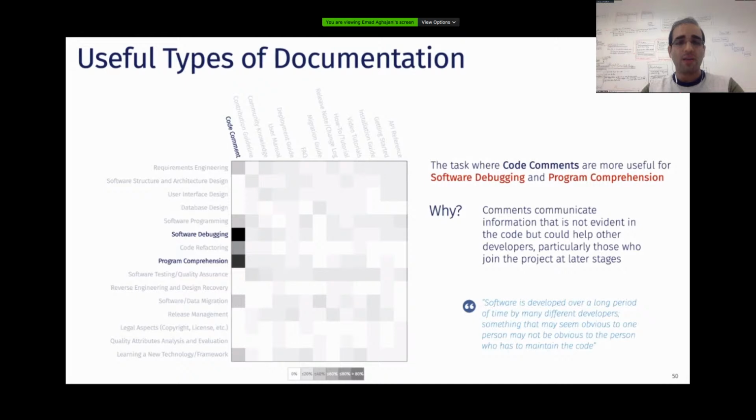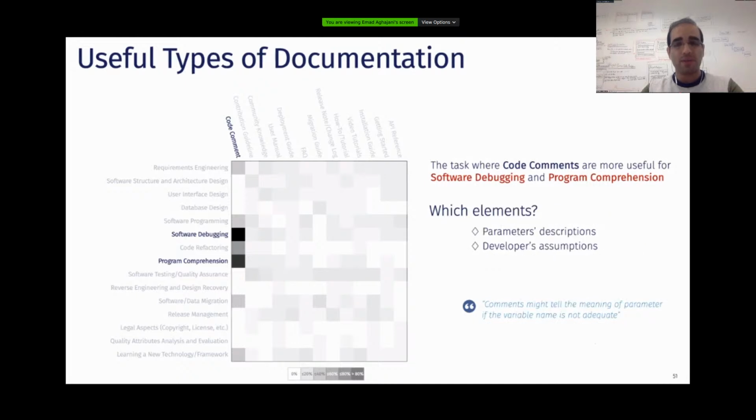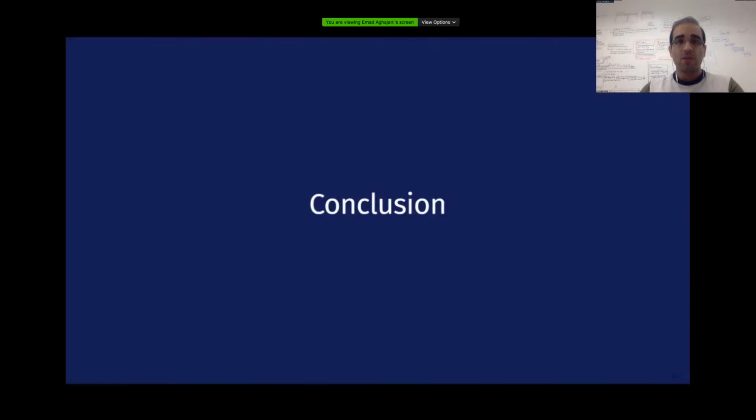They also highlighted the fundamental role of parameters description and developers' assumption in software debugging as the most useful elements within code comments. So to wrap up,